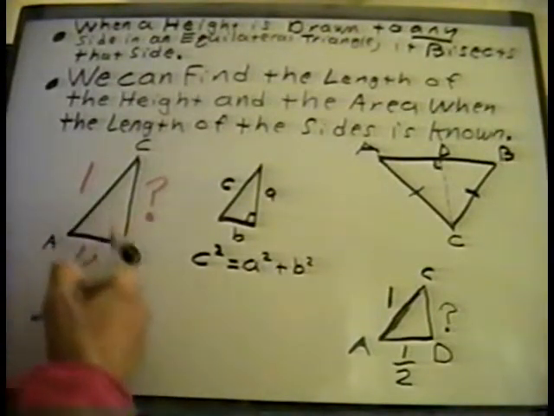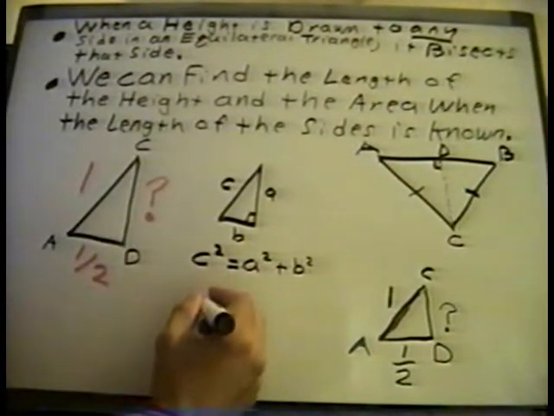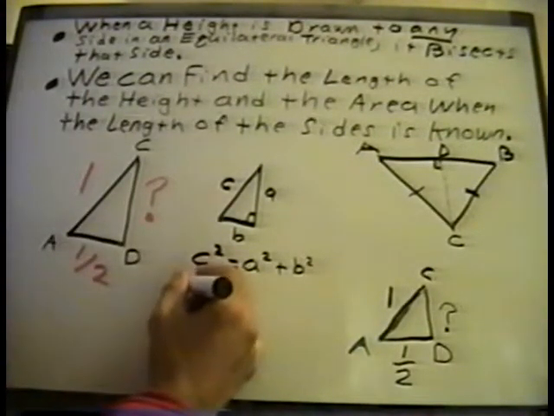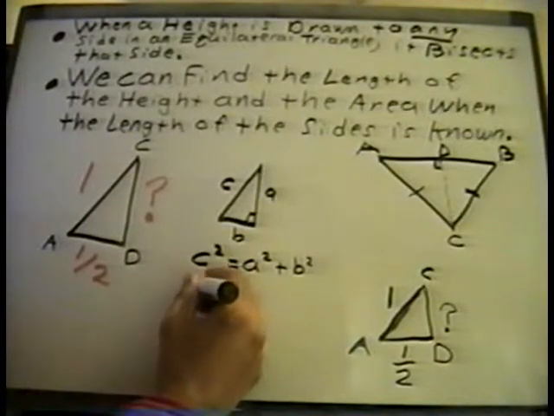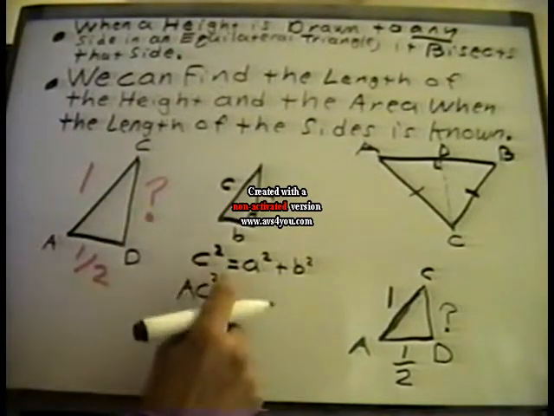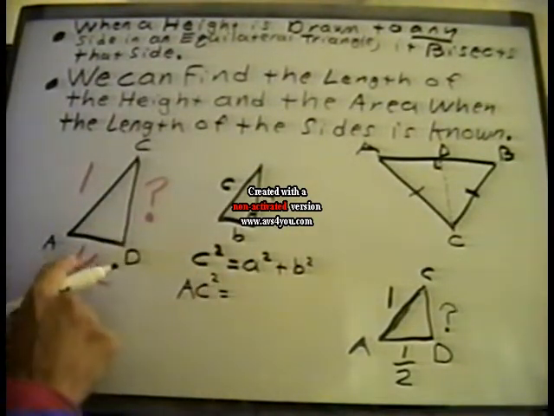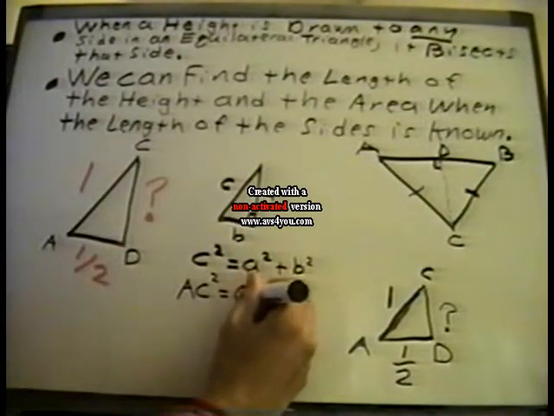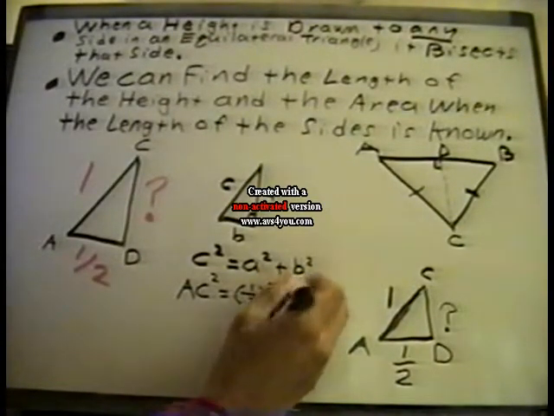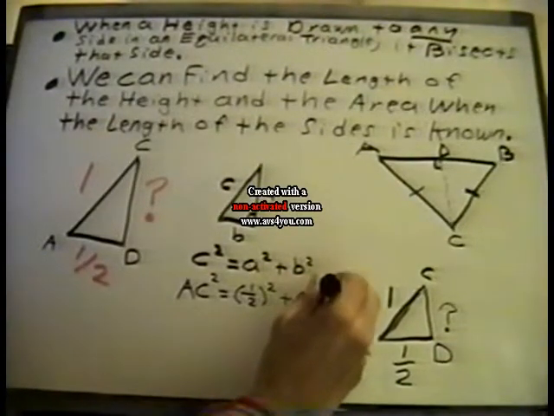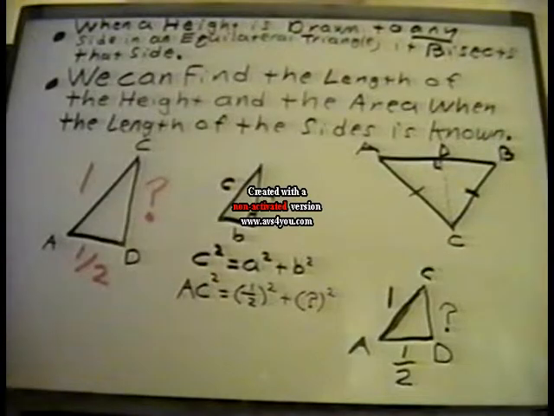But here we're not using that notation, we're using endpoint notation. So substituting that, we say the square of AC is equal to the sum of the squares of its legs. All right, so our